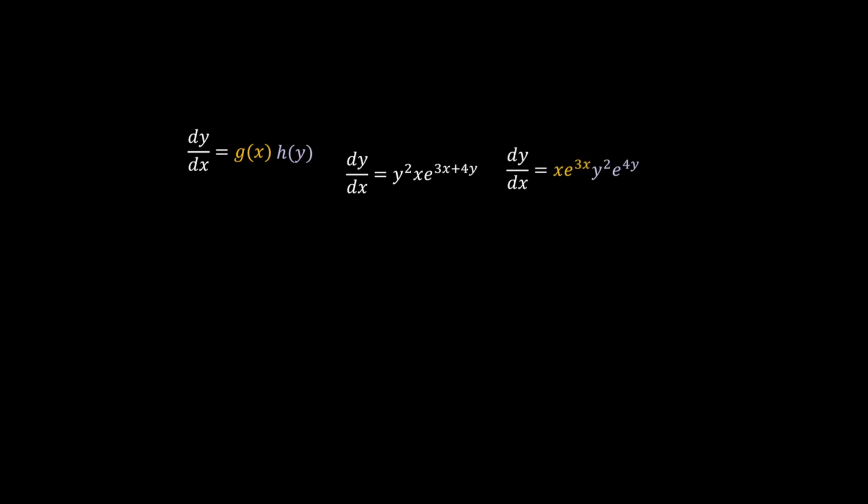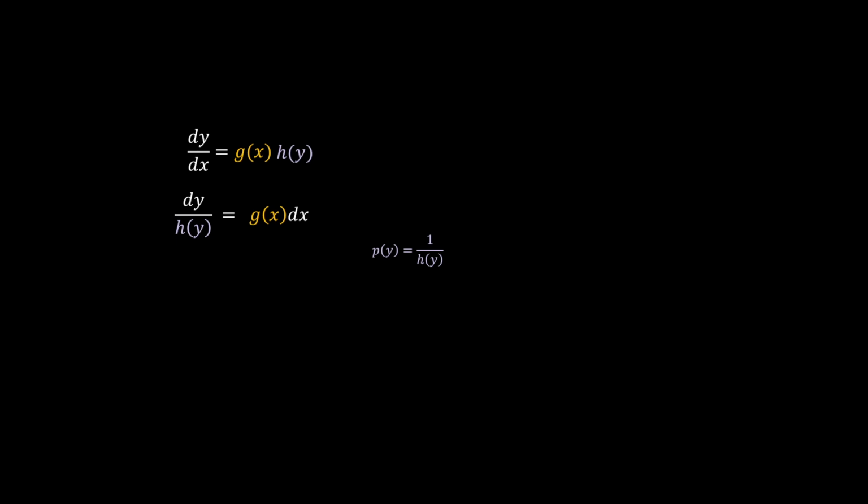Now the goal, in order to solve it, is to put all the y on one side and all the x on the other. So we proceed. Divide the h of y over. Now the 1 over h of y can be treated as another function p of y. But there's one caveat here: since h of y is in the denominator, you want to keep an eye on domain issues where h of y would equal 0. So substituting the p of y in, and then integrating,